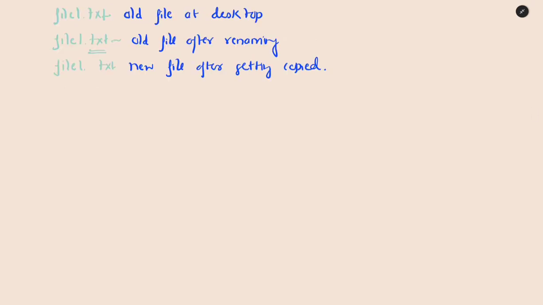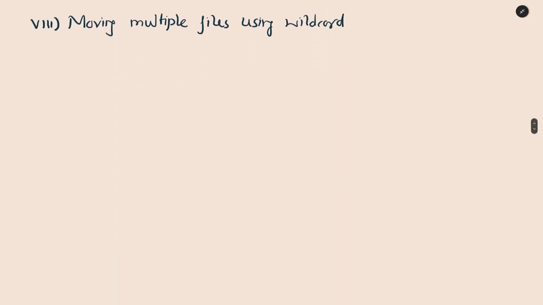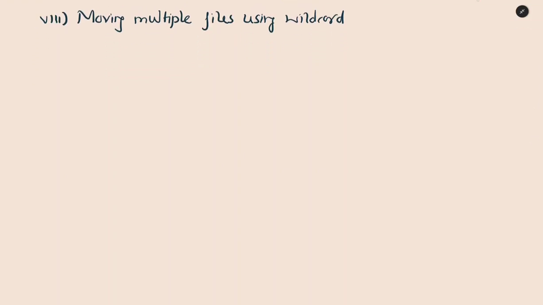Now we will see how to move multiple files using wildcards, that is asterisk. So first, what are wildcards? Wildcards are special symbols that allow you to select files based on a pattern. For example, if you want to move all the files which end with .txt from the current directory to the desktop, you can use the following command: